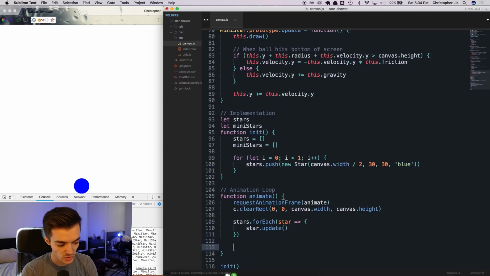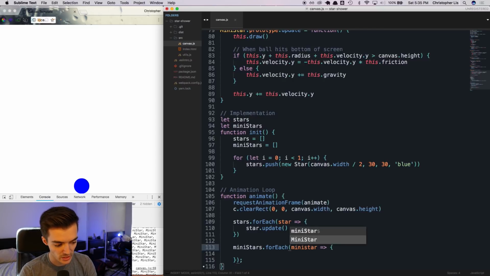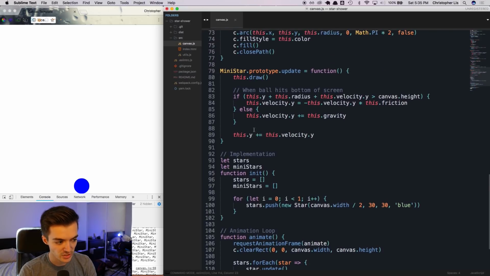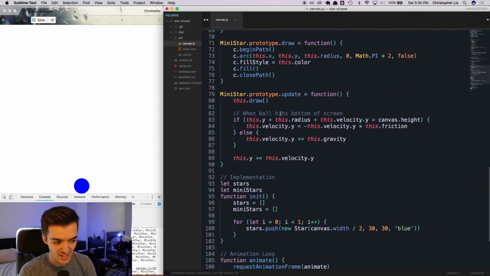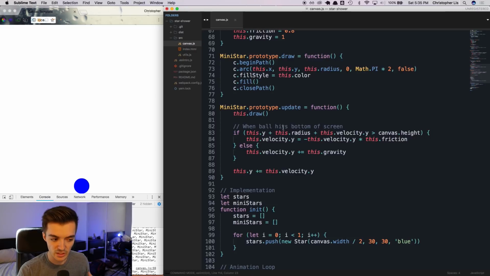So what we can do is reference our mini stars array and say for each individual mini star within this array, let's go ahead and capitalize that, we want to call that miniStar update function. And in return, this is going to call the draw function and any of the conditional code that we created with gravity and a y velocity that we created for our main star. It's just going to have the same effect at the moment. So if we save this,